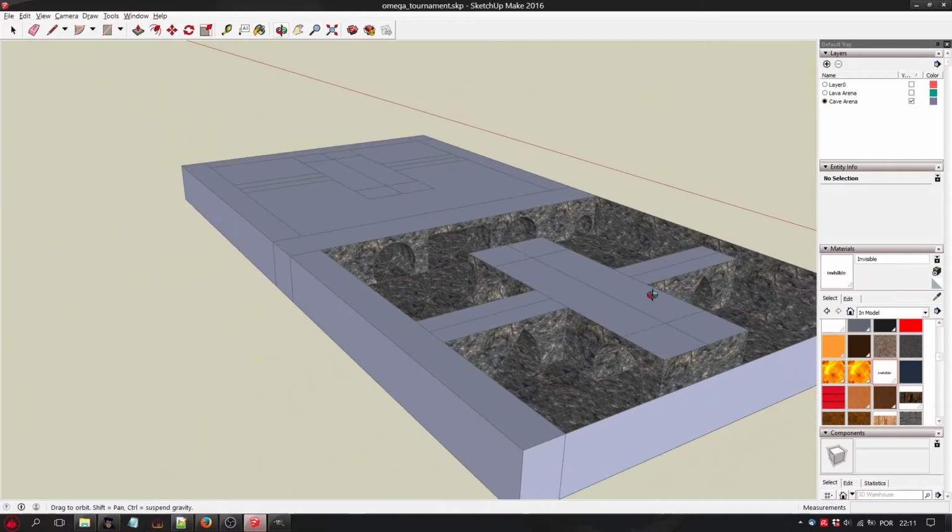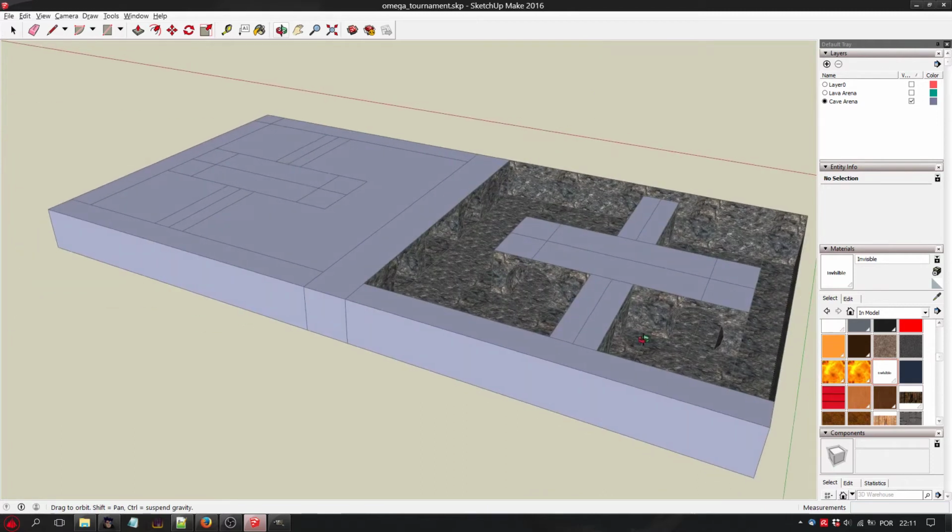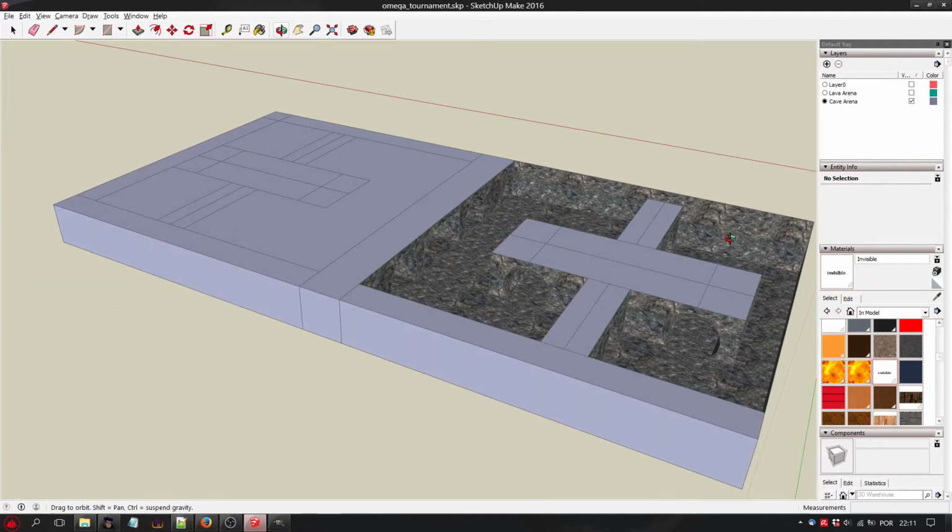Okay, and now you can do two things actually. You can leave this texture right here as that, so the fighters don't actually see the spectators, but the spectators see the fighters.